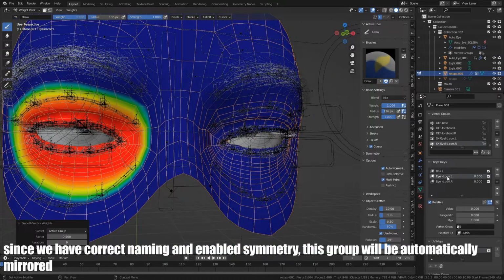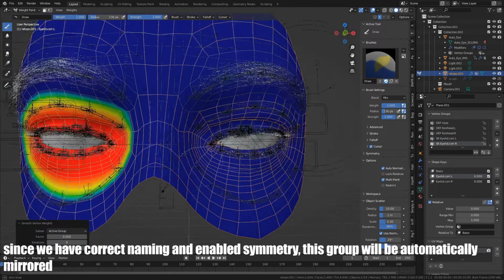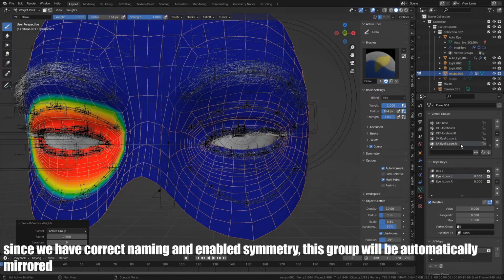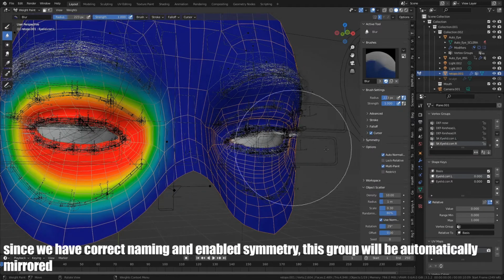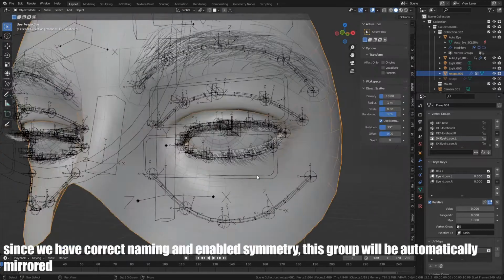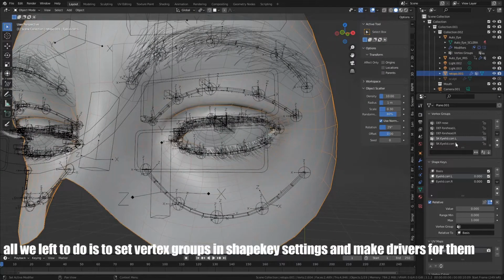Since we have correct naming and enabled symmetry, this group will automatically mirror it. All you have to do is to set vertex group and shape key settings and make drivers for them.